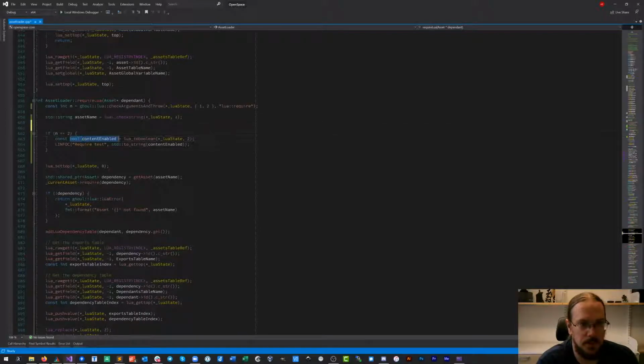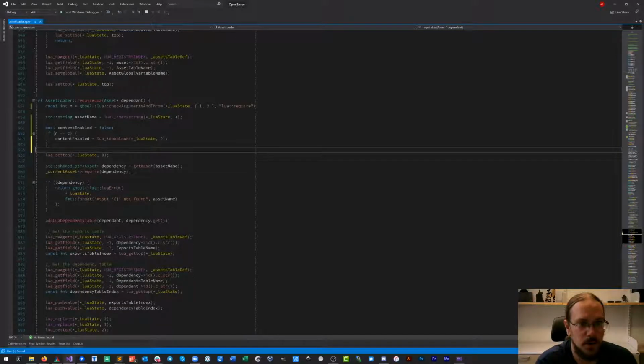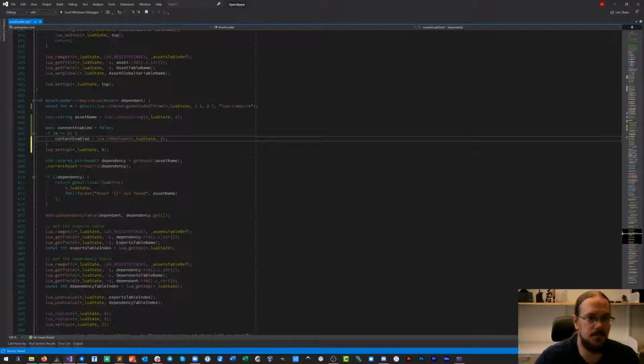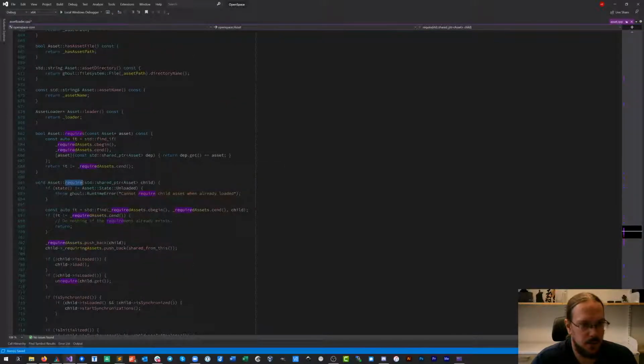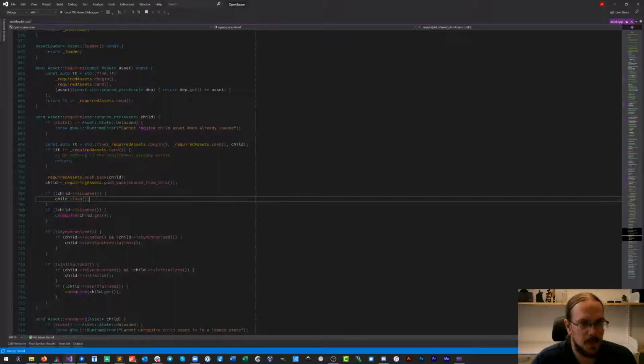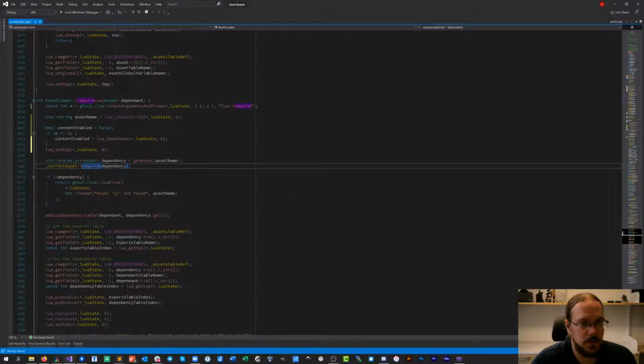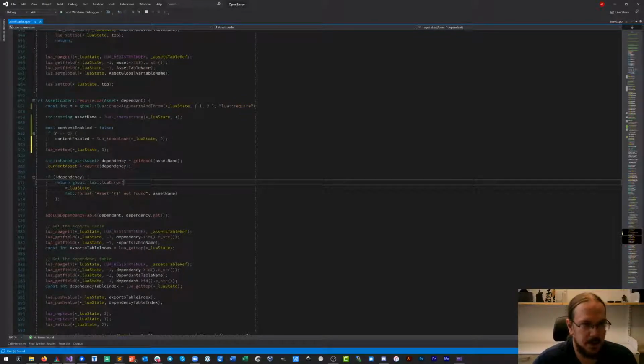So what do we want to do? First of all, we want to have a default parameter. We don't really want to change any behavior, so by default, we'll just set everything to false, if we have our parameter reloaded from the Lua state, which means that if the user specifies which kind of parameter they want, we get that, otherwise we get false. And now we pass that into the require method, I think. Yes, so now we want to actually associate with the asset that we want to have its content enabled.